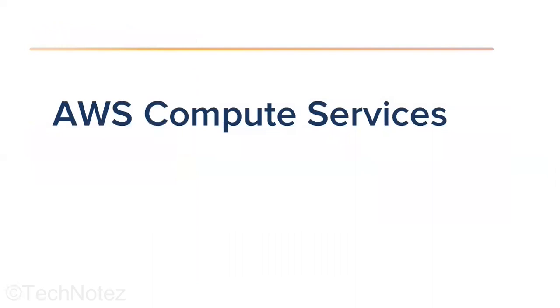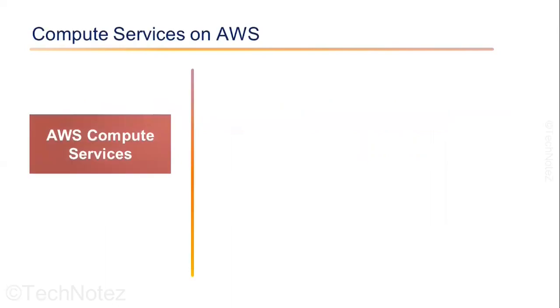AWS Compute Services refers to a set of services that allow customers to run virtual machines, containers, and serverless functions in the cloud. These services provide the ability to easily provision, manage, and scale the computing resources to meet the demand of cloud-hosted applications and services. We will review the major categories of the services, including network and content delivery, file storage, database, app integration, management, and governance services. So, first, let's talk about the compute services on AWS.